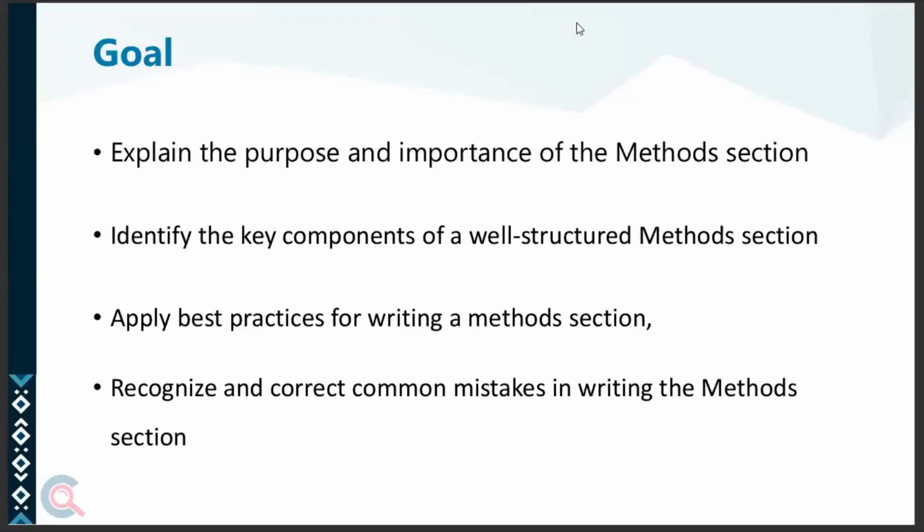At the end of this lesson, you should be able to explain the purpose and the importance of the method section. Secondly, you should be able to identify the key components of a well-structured method section. You should be able to apply best practices for writing a method section. And lastly, you should be able to recognize and correct common mistakes in writing the method section of a research